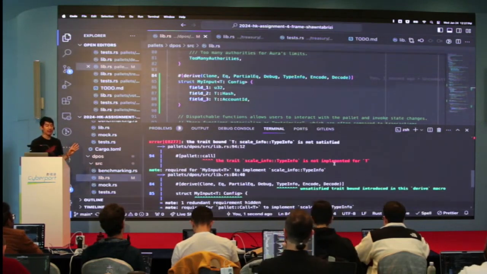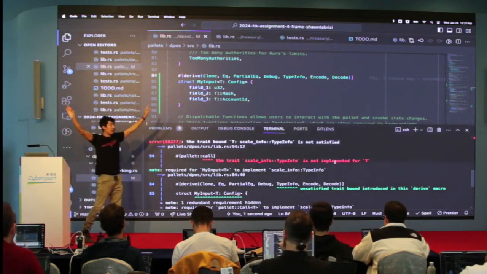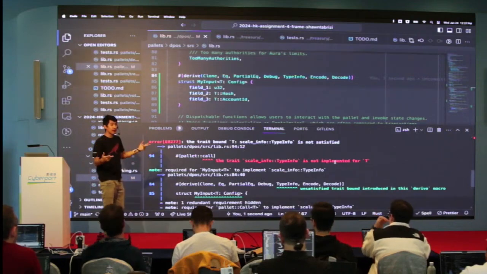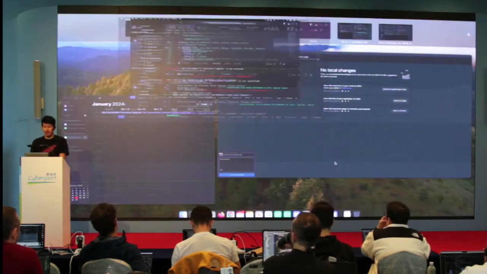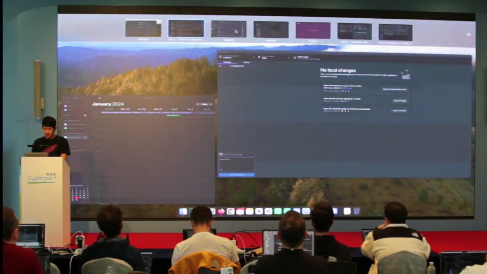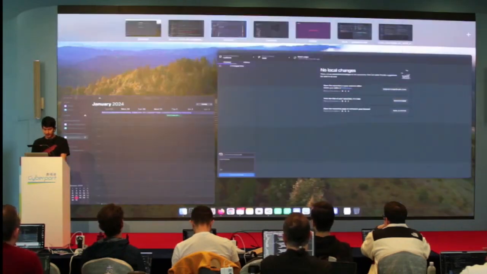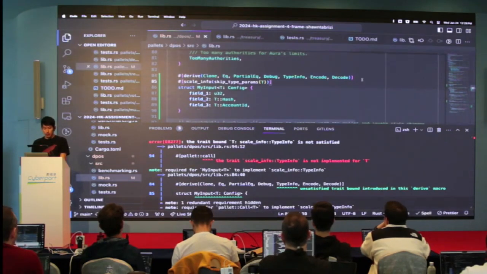I want to run into this because I'm sure some of you face this and I want to have a solution. Really pay attention here, okay? This is important. What is happening and what are different ways we can solve it? Okay, so I'm going to put the solution and then I'm going to talk about it just to make sure that there's not something else happening. But there's this thing, it was in Discord too, this scale info, this skip type params. I'm going to put this magic line in here and it should just work.